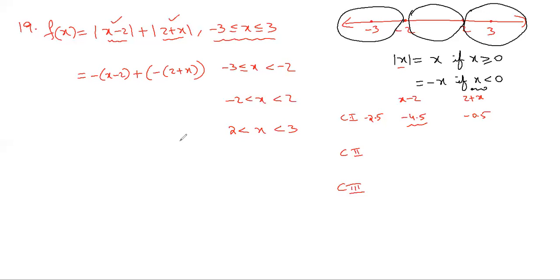Next, moving to the second case. You take one random number in this interval. Usually we try to take a number as simple as possible. In this interval, the simple number we can think of is 0. Substitute 0 in the first, you get minus 2. Substitute 0 in the second, you get 2. So minus 2 and 2. And now again come to here.